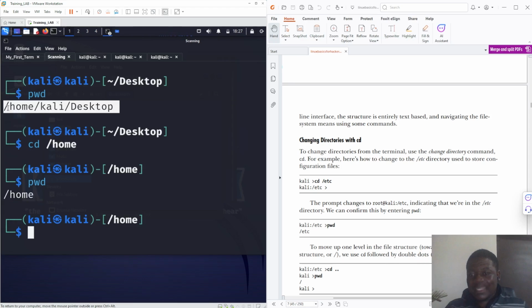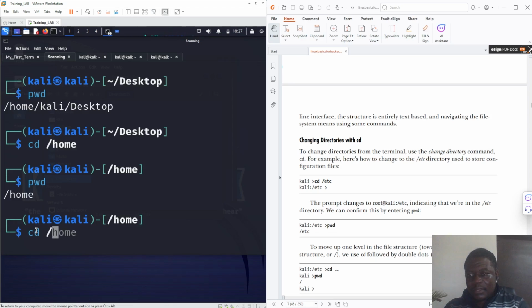Do you get it? Now we can stepwise move again and get back to desktop. So now we can say cd /home. Look at this one here. This is where we are going to. And again, you can copy. How do you copy? If you highlight like this, you do